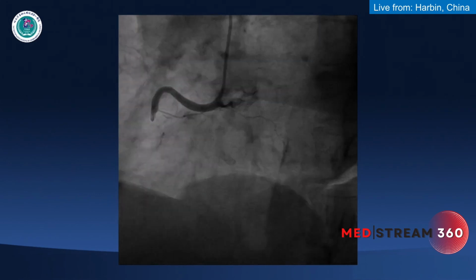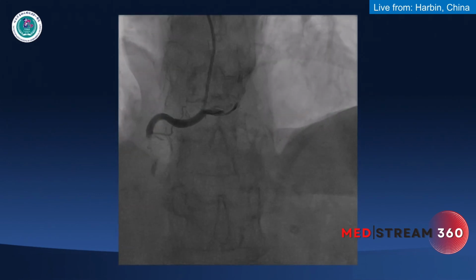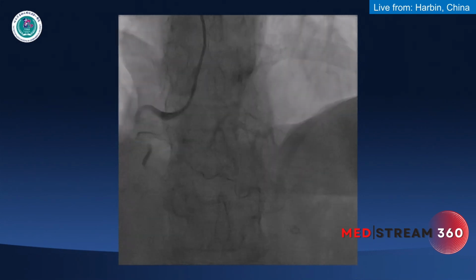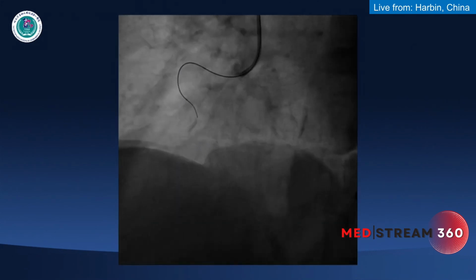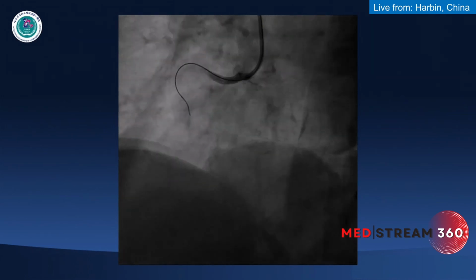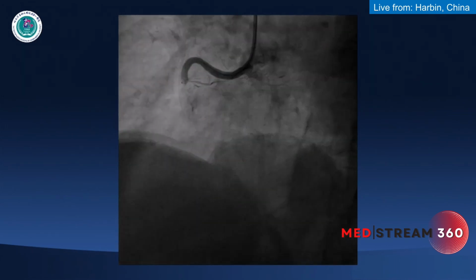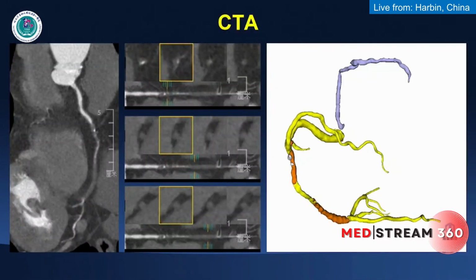Next, in the first try, failed case, also tried once, but failed. Next, and this is the first time operation. Next, the wire went to the subintimal space. Next, this is the final angio. And the last time we did is